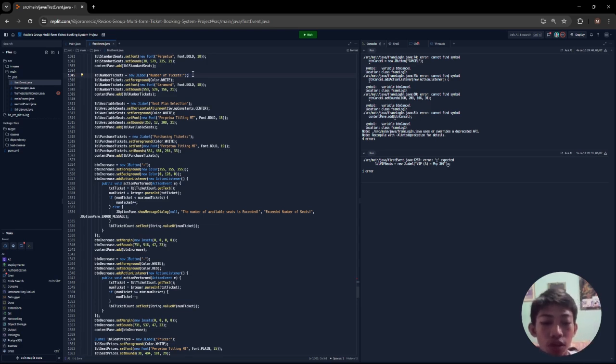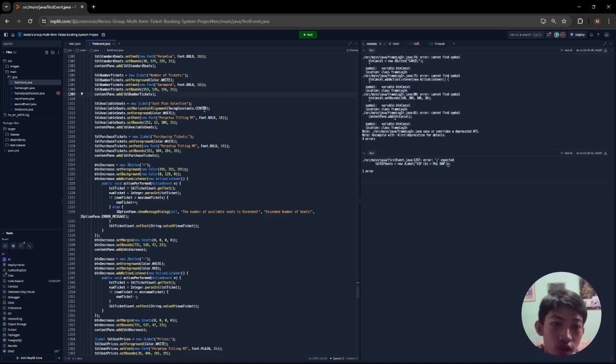In line 1305, it initializes a label with the text number of tickets, sets the text color to white, sets the font to Garamond, bold size 18, sets the position and size, and adds the label to the content pane.